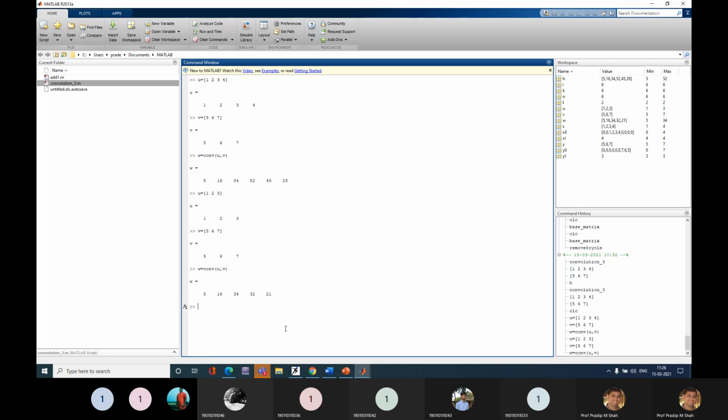So first I'll give you 5 minutes to think about how we can implement that formula: summation over n from minus infinity to infinity of x of n h of n minus k. Just think about that, then we'll discuss. Okay, 5 minutes, think about it.